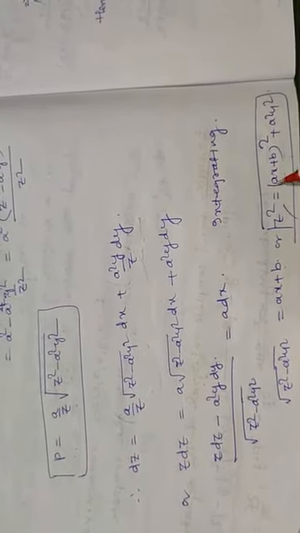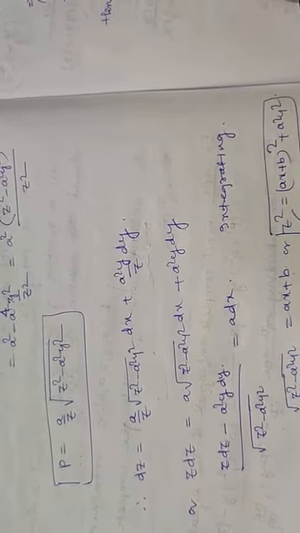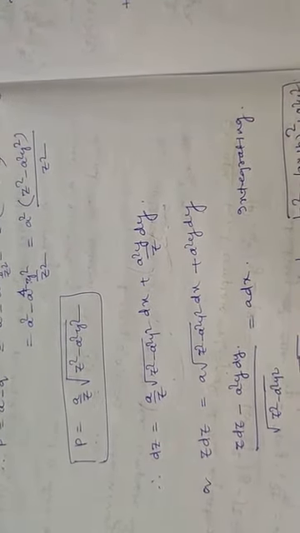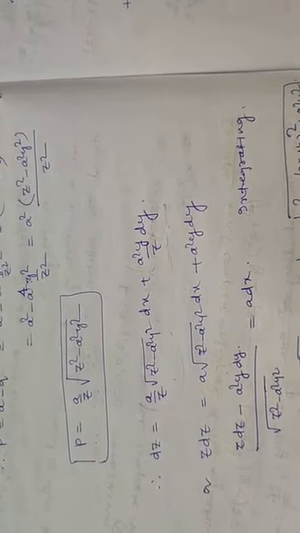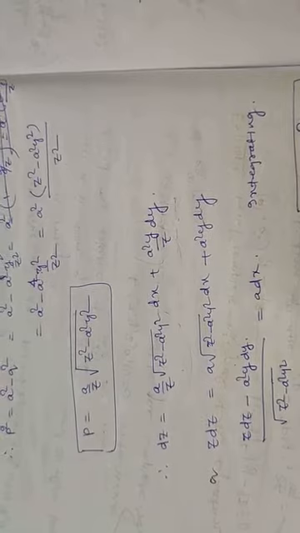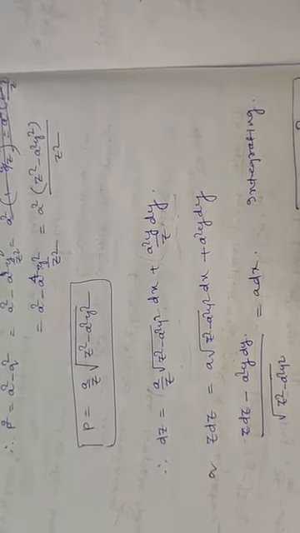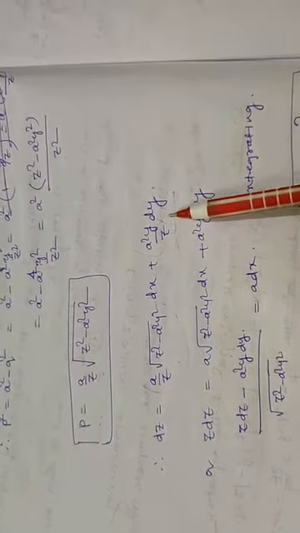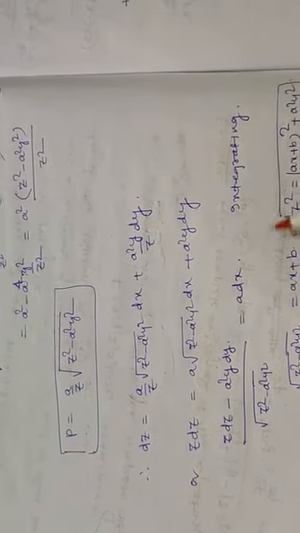In this way we solve by Charpit's method. So first we construct Charpit's auxiliary equation, then from that we get two relations, p and q, in terms of x, y, z and a. Then we put that in the equation dz is equal to p dx plus q dy. Then integrating that we obtain the complete integral.